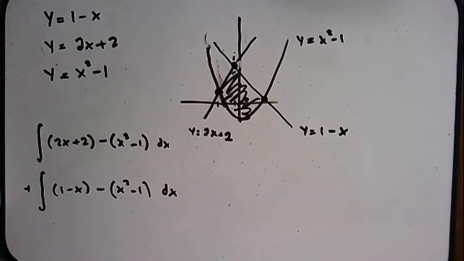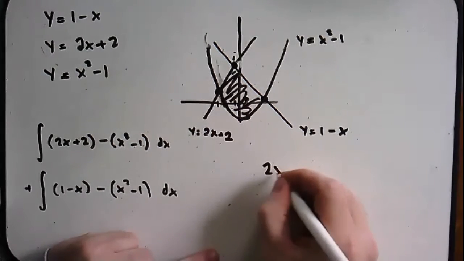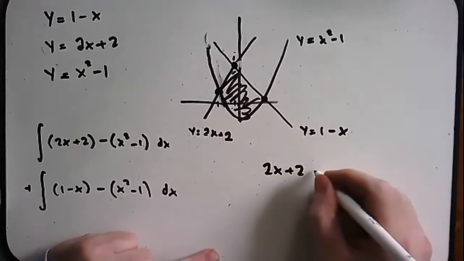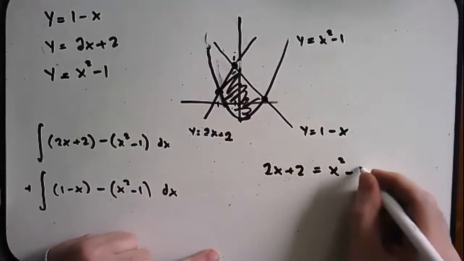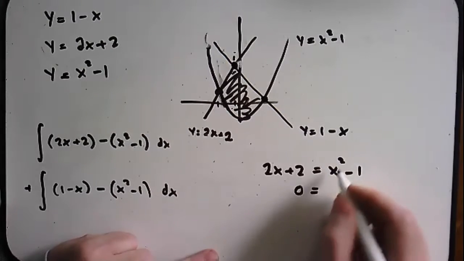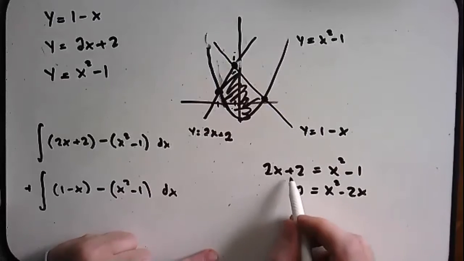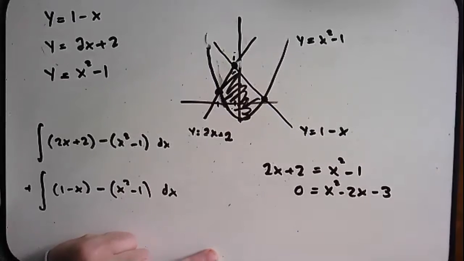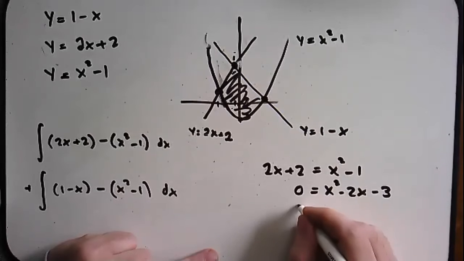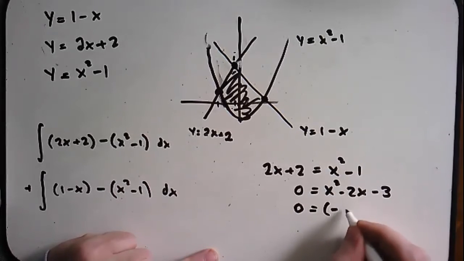So to find the intersection of two graphs, we're just going to set their y values equal to each other and solve for x. So my first endpoint here, that's the intersection of 2x plus 2 and x squared minus 1. Okay, so if I get everything over on one side, I'd have 0 equals x squared minus 2x, I subtract 2 from both sides, minus 3. So this factors. So 0 equals x minus 3,